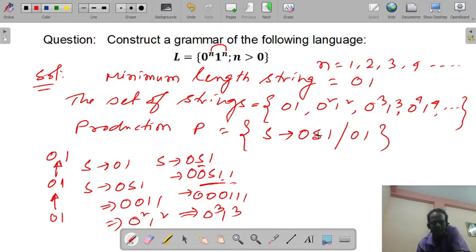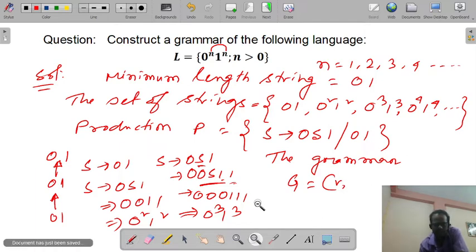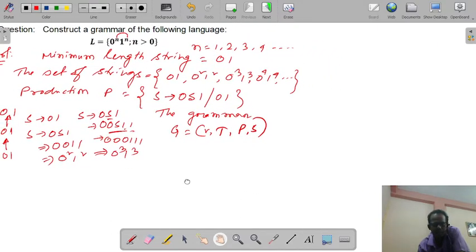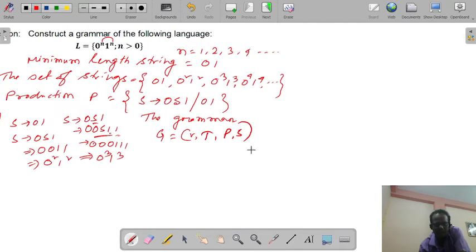So then what will be the grammar? The grammar corresponding to this language, that is G, is equal to V T P S. Tell me what is V, what is T, what is P and what is S. V is the set of variables.